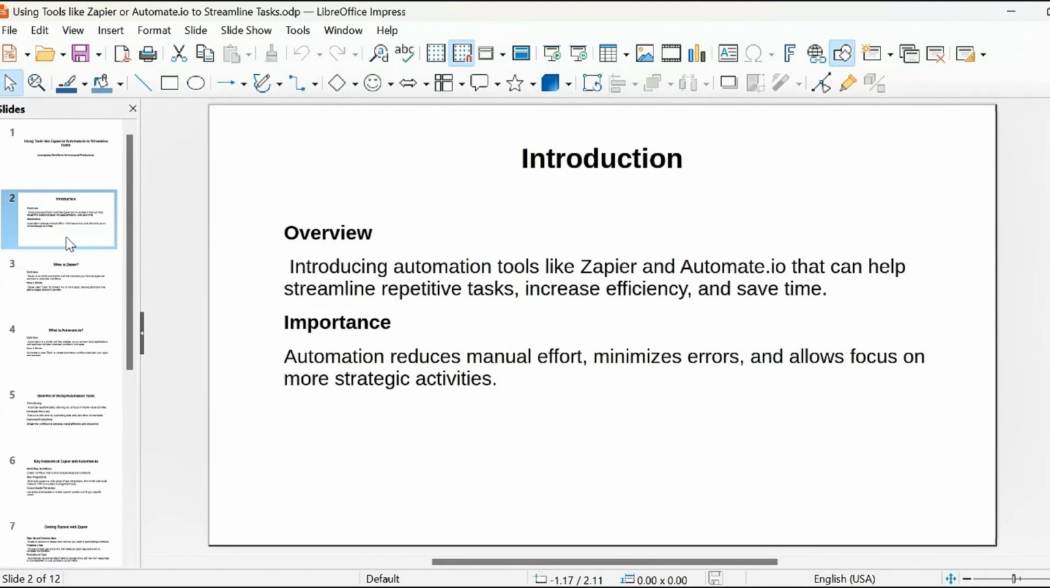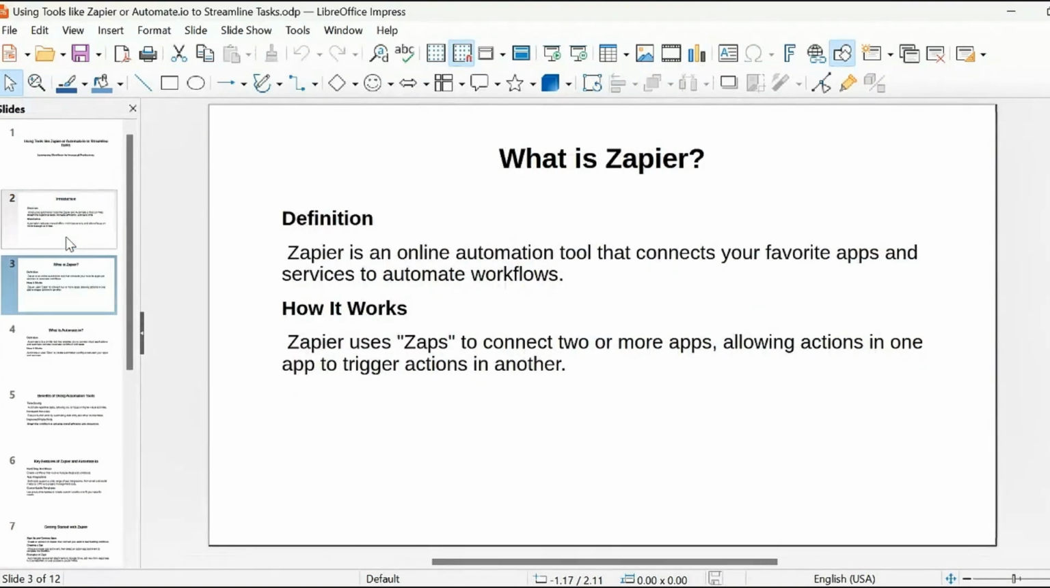I'm going to send them emails, all of them by yourself. So that increases efficiency and it saves you time. The importance of automation: it reduces manual effort, minimizes errors, and allows focus on more strategic activities. So what is Zapier? Zapier is an online automation tool that connects you to your favorite apps and services to